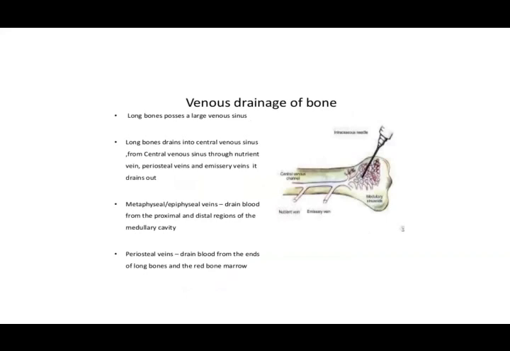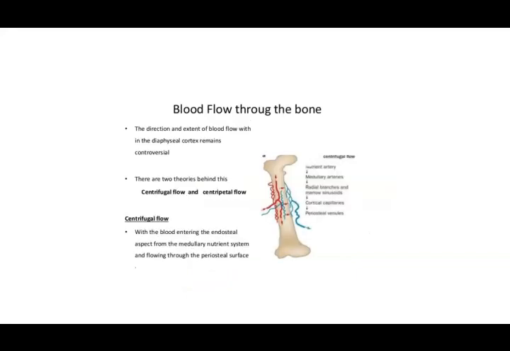The veins of the bones drain and pass out the same way as the arteries. The blood flow has two concepts. One is centripetal and the other is centrifugal flow. Centripetal is that which is directed inwards. So that is the supply going on from these nutrient arteries, directed inwards. That is centripetal. And centrifugal is something which is directed away. Those branches which from the inside are directed outwards to the cortex of the bone, that supply is called the centrifugal supply.